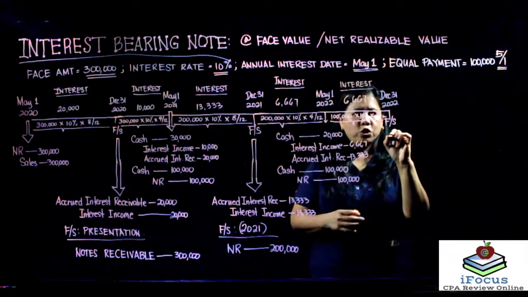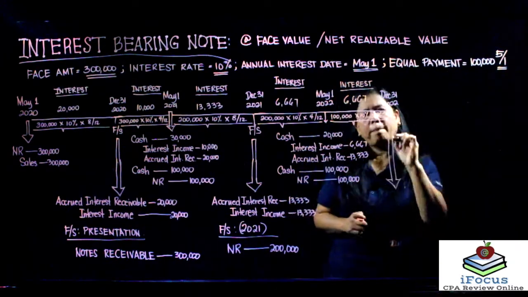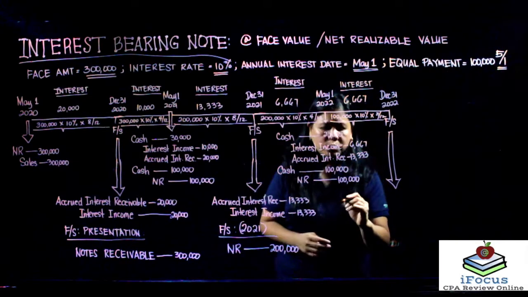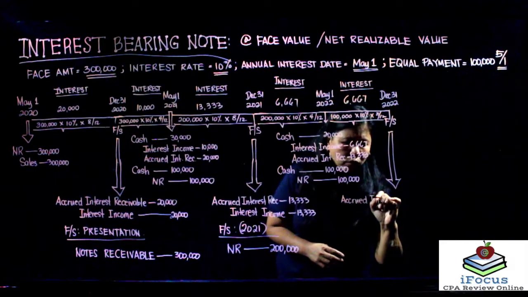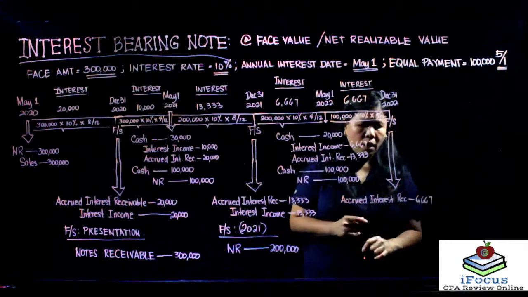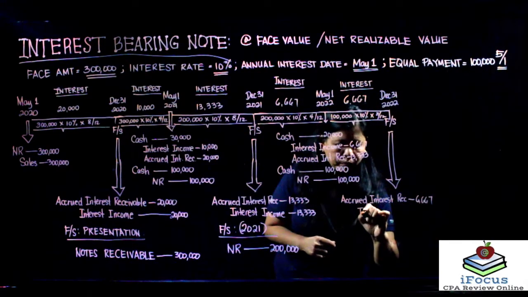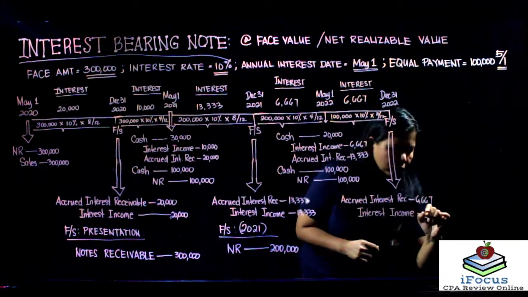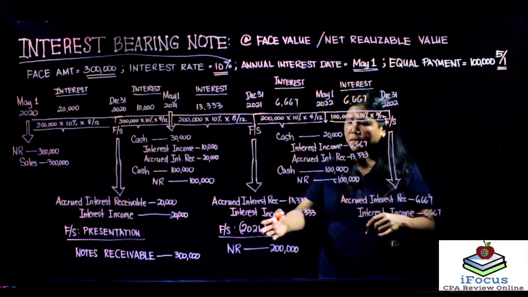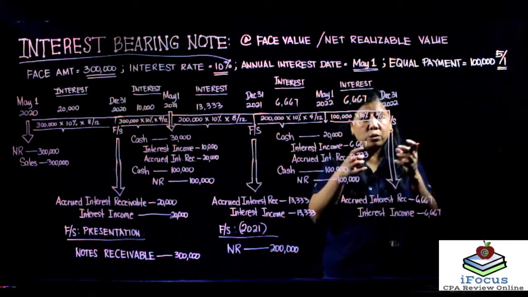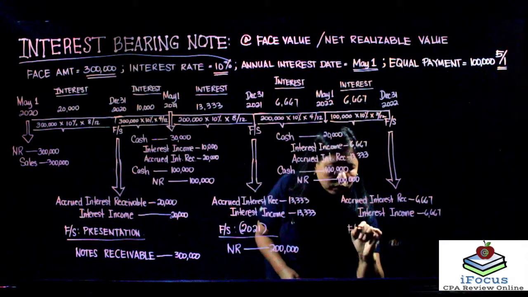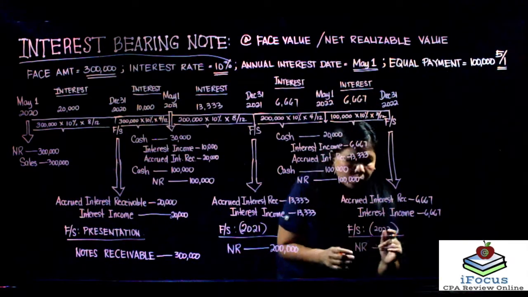Now, our adjusting journal entry for December 31st of 2022 is a debit to accrued interest receivable of 6,667 and a credit to interest income of 6,667. Now, the financial statement presentation of your notes receivable on December 31st, 2022,